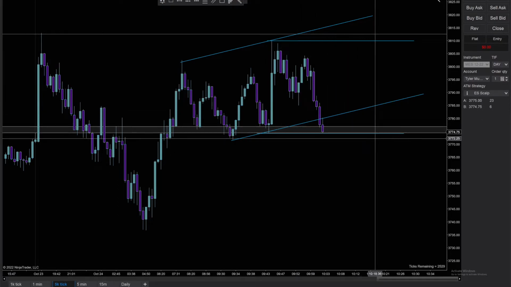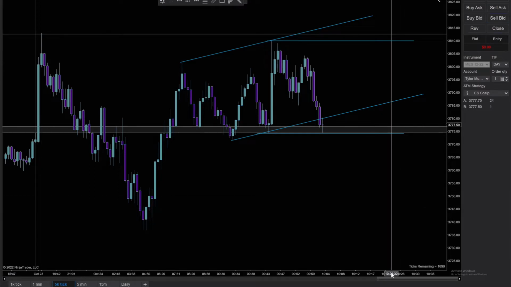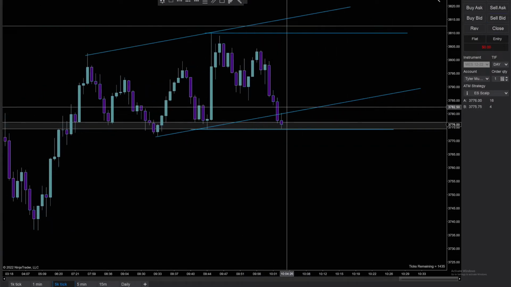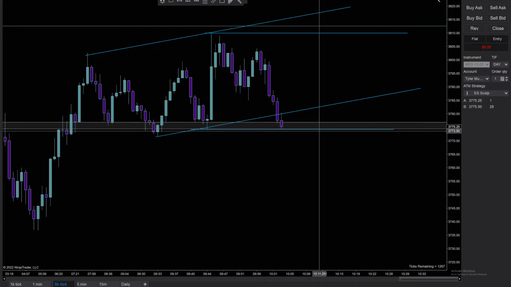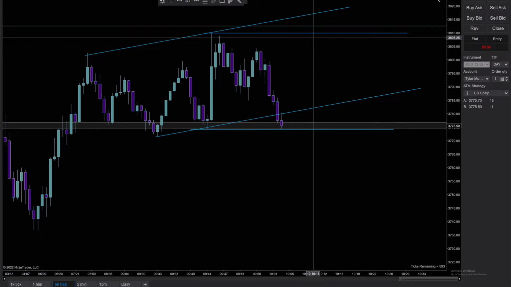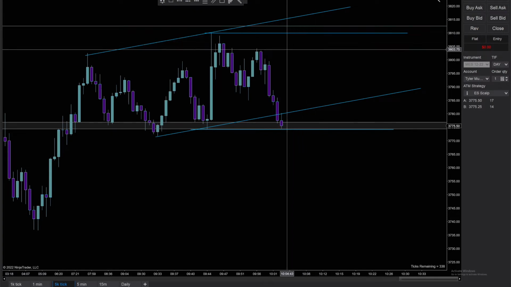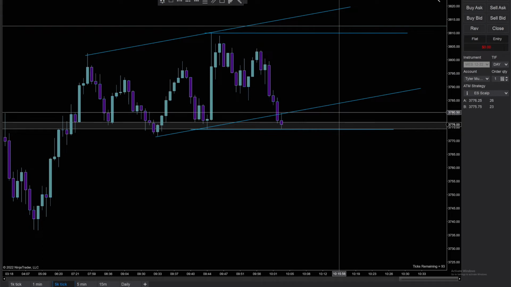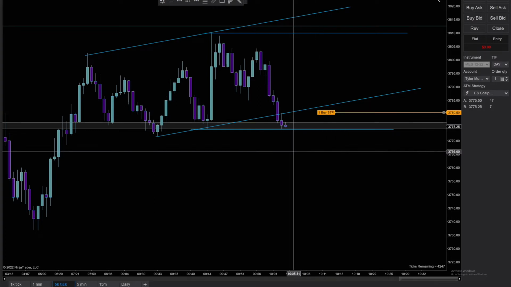But in a minute, as I'm seeing price hesitate, I actually kind of flip my mindset a little bit, and I start considering a long when this candle closes with this amount of hesitation. You get this sort of spinning top candle here. And I put a buy order above the top of that candle, thinking that if price hesitates here at the support level and comes back up and breaks that candle high, which is like a little micro swing high, and puts us back inside that channel, we might get enough of a little bounce to get a quick little scalp off that. So right about here, I'm just entering my buy order,